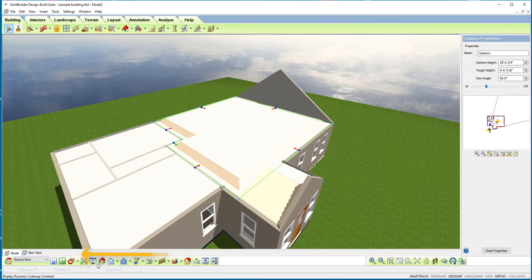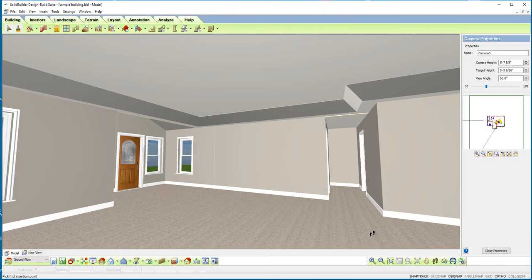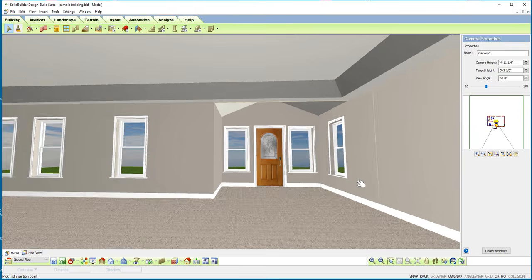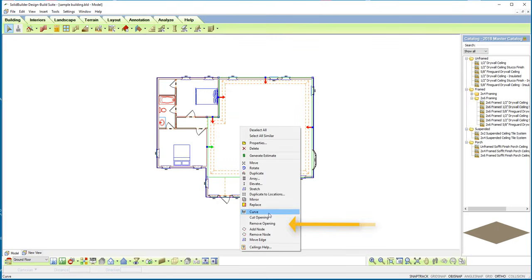And if we go inside now and look at the model from the interior, you can see I've got a 45-degree slope, a 1 foot rise, flat ceiling in the hallway. I'll navigate over to the front entry, and there is our gabled front entry. So when I select the ceiling and right click, you can see I could